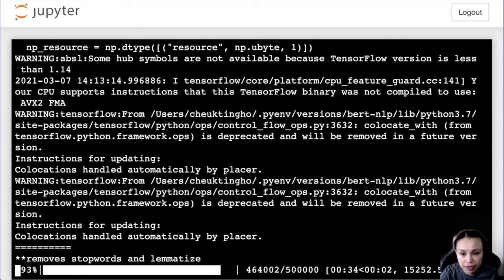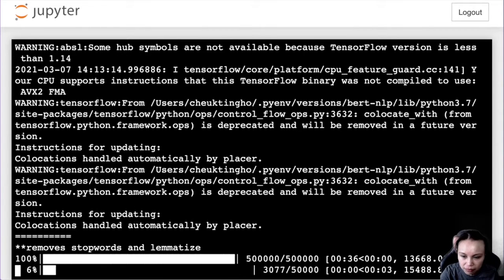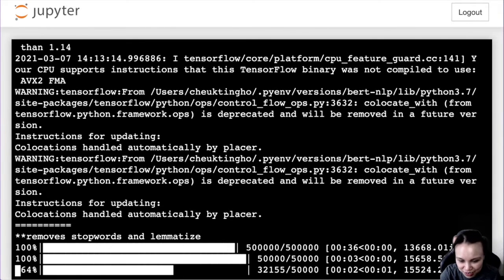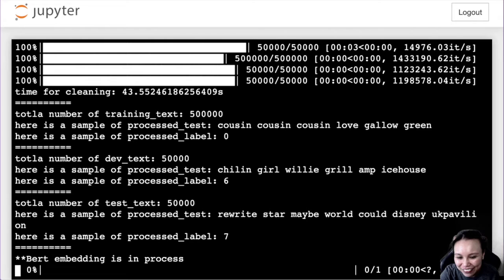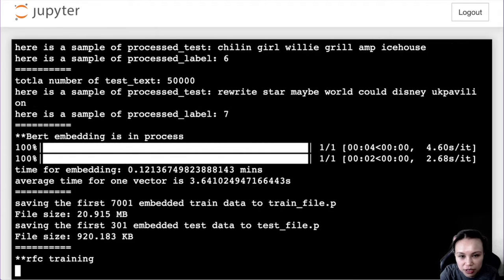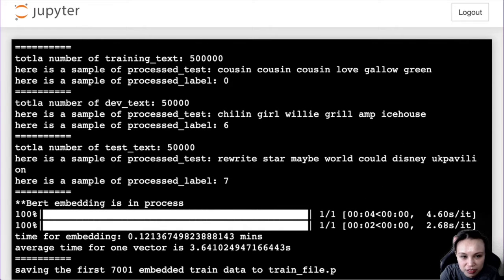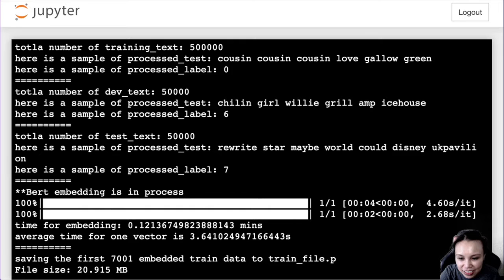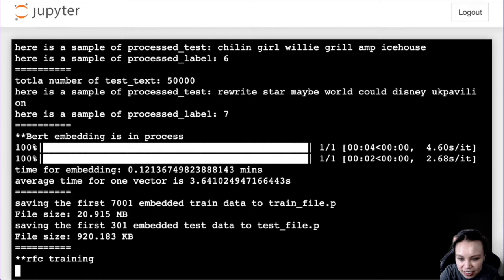I may actually do the same cleaning in my new project as well, but I'm starting something new again today, so I'm not going too far ahead of myself now. I'm just letting it run, and you can see what it does. It will clean up all the words that are not relevant, but there are ridiculous things like this. Then it is saving. I have 7,001 training data in there, and I will load all the things that I embedded last time as well.